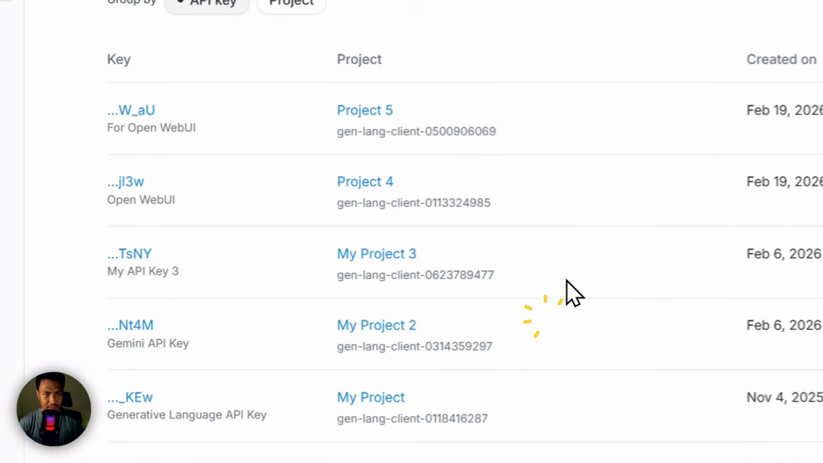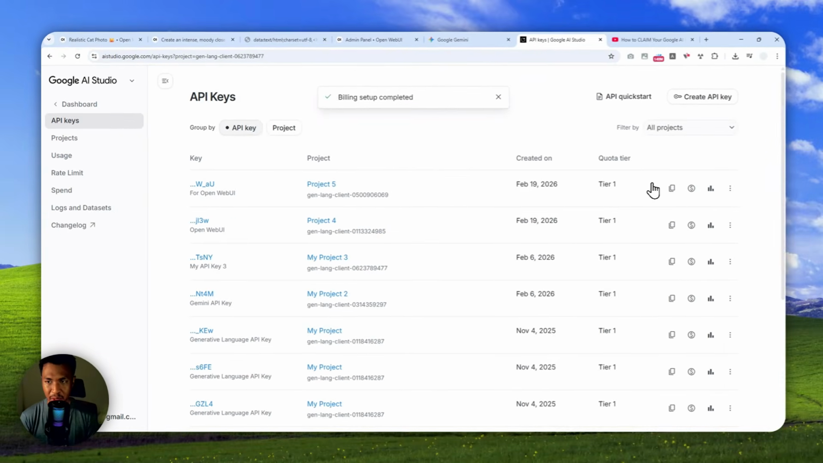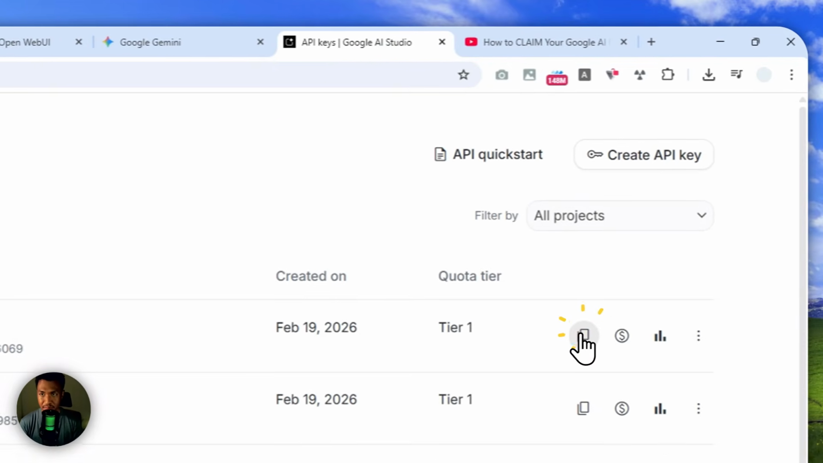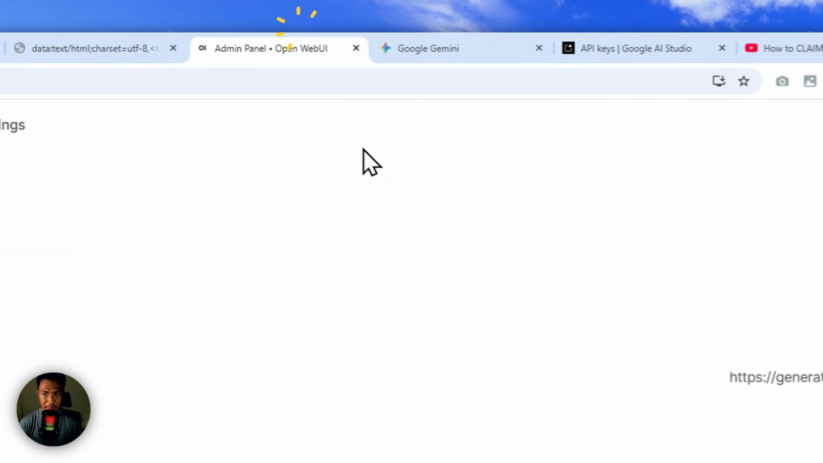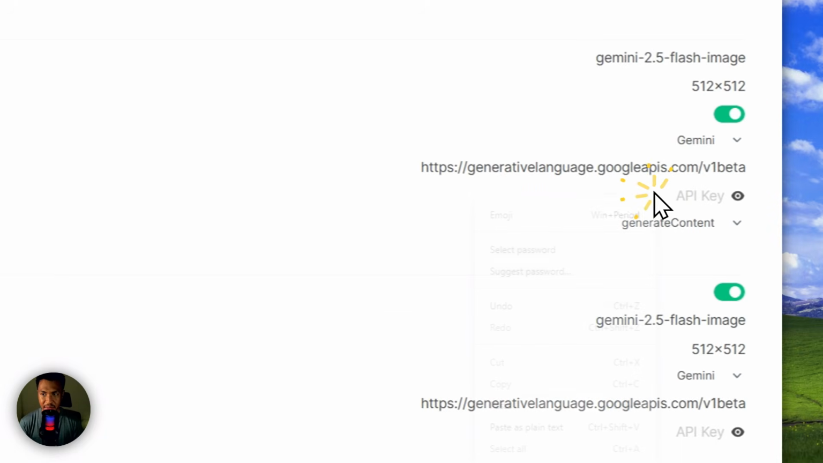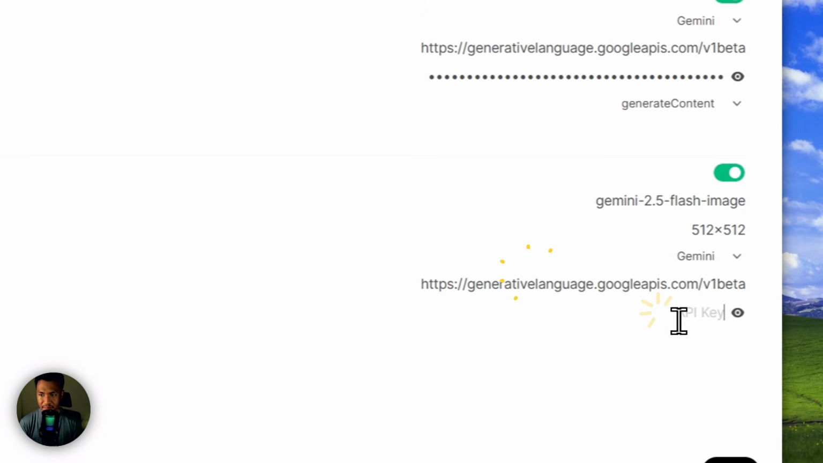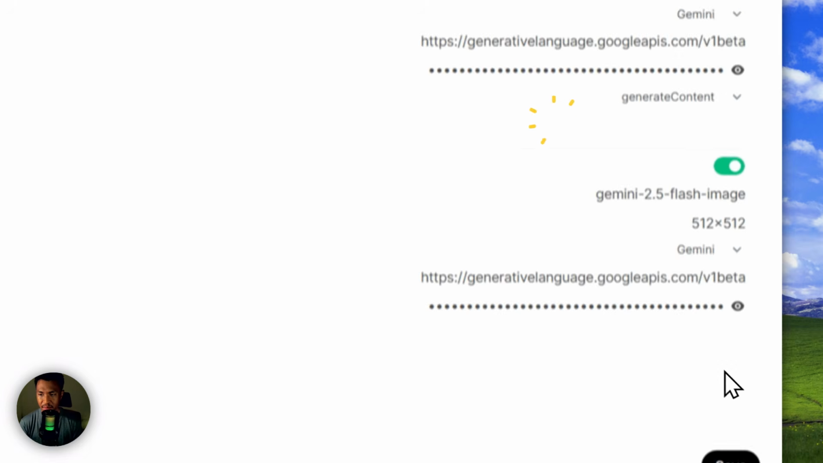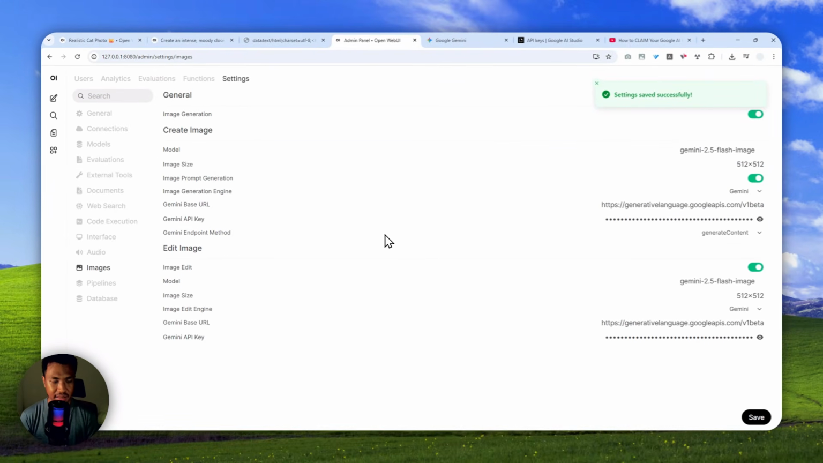Okay, I'm going to close this. So this is the API key. I'm going to click this copy button. And let me just go back to Open WebUI. Let me just put that right here in the API section. And there you go, click save. And we're done with the image setting, but we're not done yet